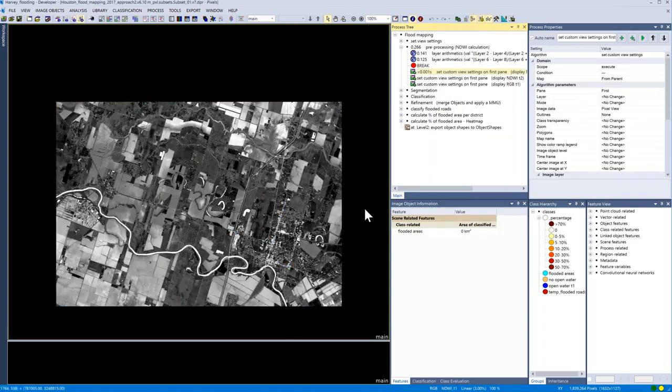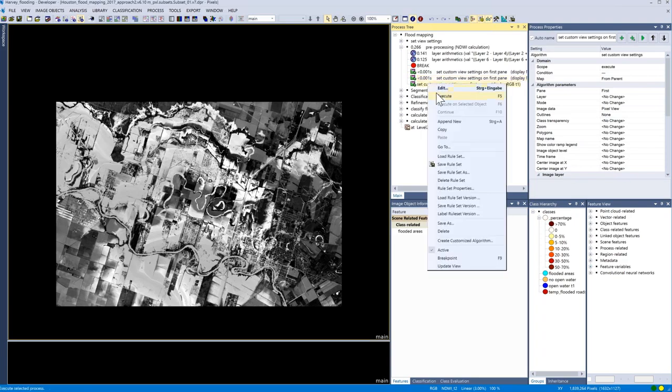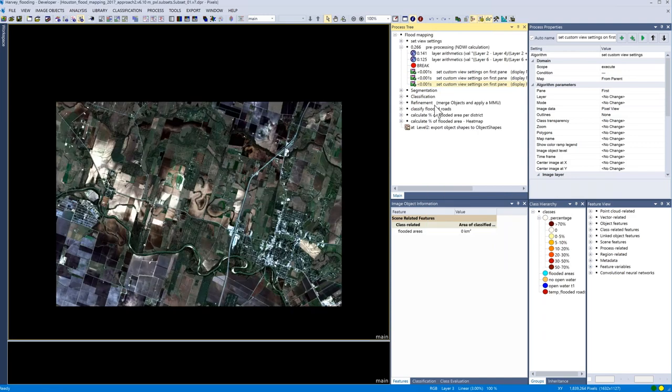So it's a grayscale layer. High positive values correspond to water, so the bright areas, and low values correspond to non-water. And for the second time step, it looks like this. So you see flooded areas now have bright colors, which indicates that it's water. Okay, let's get back to the original view of time step 1.